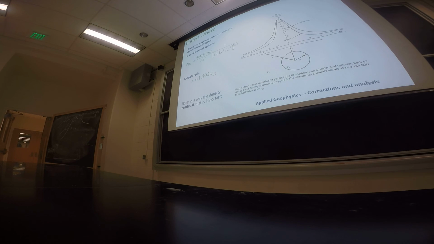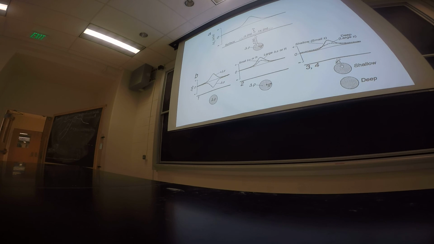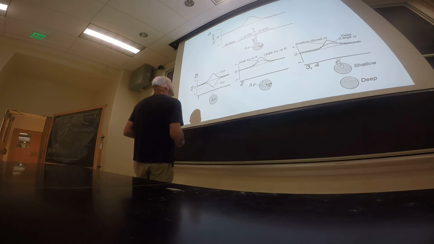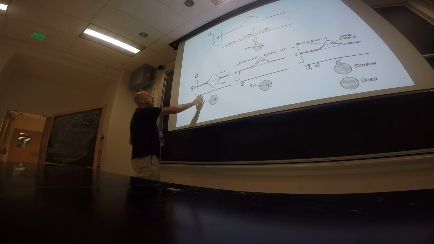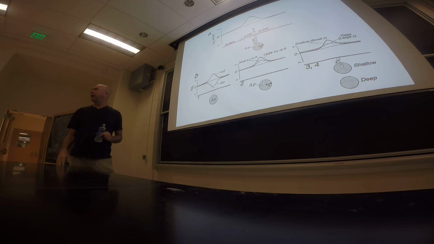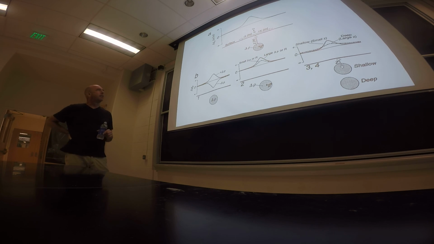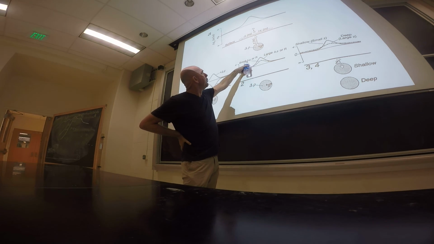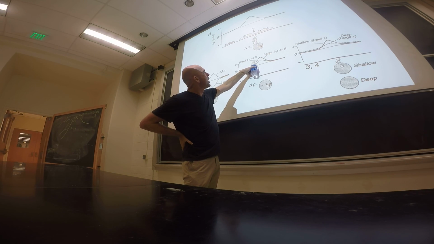Okay, let us go down to this example. So suppose we are looking for a buried sphere. Okay. Let's suppose we're looking for a hole in the ground. If we have a density contrast, obviously if we have a positive gravity anomaly, we're going to have that. If we have a negative gravity, we're going to have that. Notice, though, that we can basically change the anomaly by